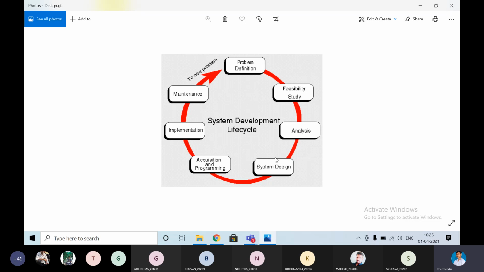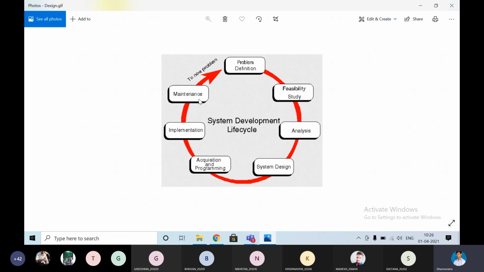Later on, they will go for the code development. After developing the code, they will implement the code. Implementation, as I already told you, is to check whether it is working fine or not. For example, you are writing a program. Is it working properly or not, are there any errors, are we getting a clear output or not, everything will be checked. Okay, they implemented it. Now they have to release the product.